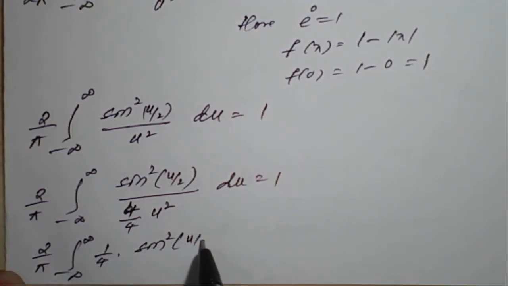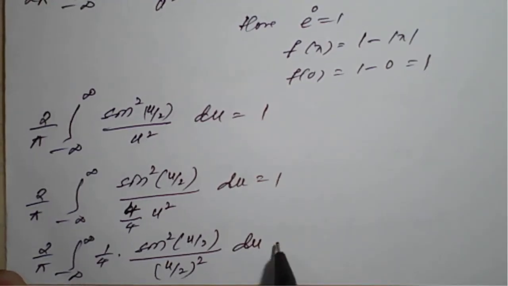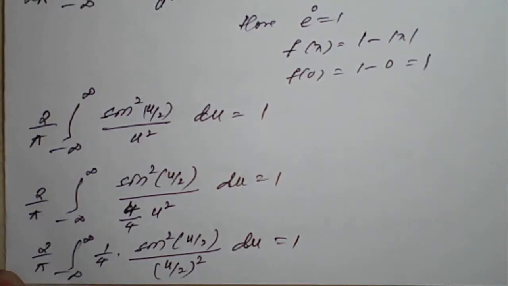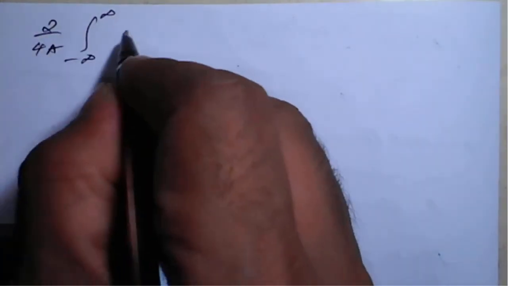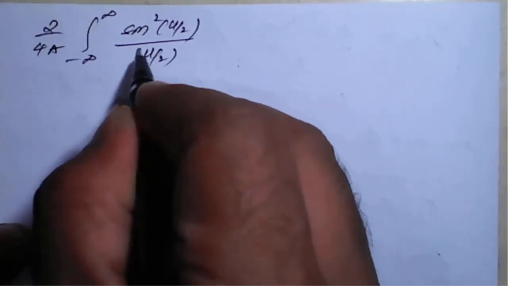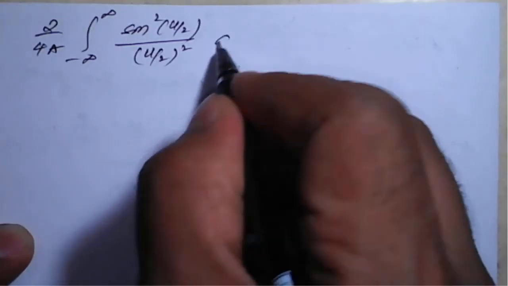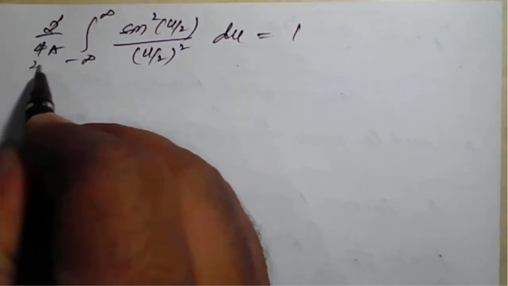sine square of u upon 2 divided by, so this u square upon 4 will become u upon 2 whole square, into du is equal to 1, because whatever angle we have, the divisor also we needed the same, so that we can replace easily. So this 1 by 4 will take outside, it will become 2 upon 4 pi integration minus infinity plus infinity sine square u upon 2 divided by u upon 2 whole square into du is equal to 1, or 2 ones are 2, 2 twos are 1 upon pi,